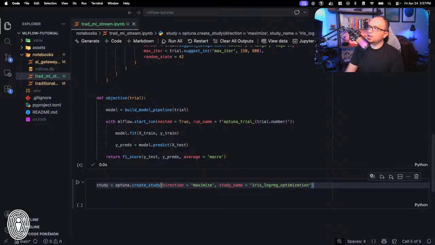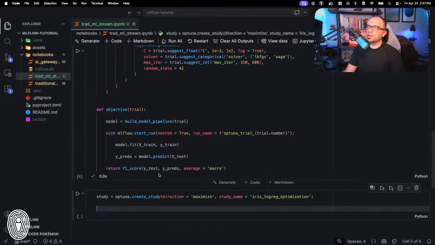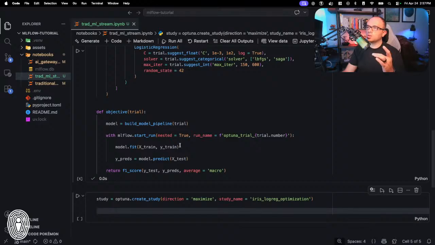Okay, and then we're going to start another run here. So this is actually going to be the top level of defining. You noted we got the nested structure in here, and you might be wondering, where is it nesting under if we've not instantiated anything? I apologize, I should have explained that better. We're actually going to do that here. So we're going to say with mlflow.start_run, run name equals Optuna hyperparameter search, and then we're going to put in our runtime stamp.